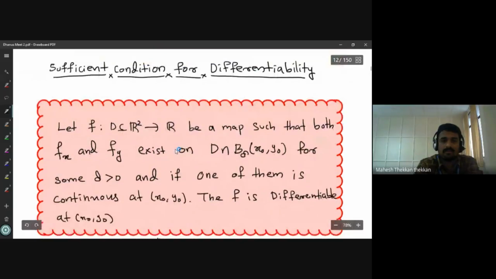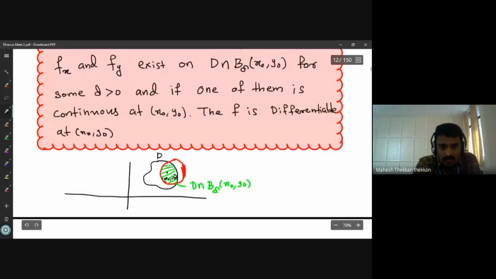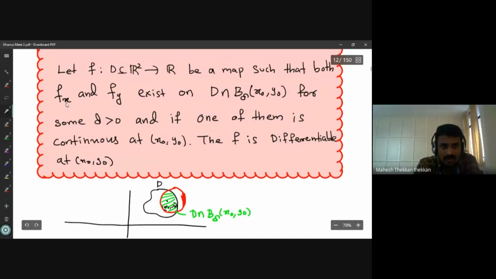What is the sufficient condition? Suppose f is a function from D, a subset of R2, to R such that both fx and fy exist on some neighborhood. So I just mentioned that thing. D is the domain and (x0, y0) is the point in there. I look at some ball centered at (x0, y0) of radius delta. Then in this intersection region, that is the region I marked, suppose fx and fy exist on that region,